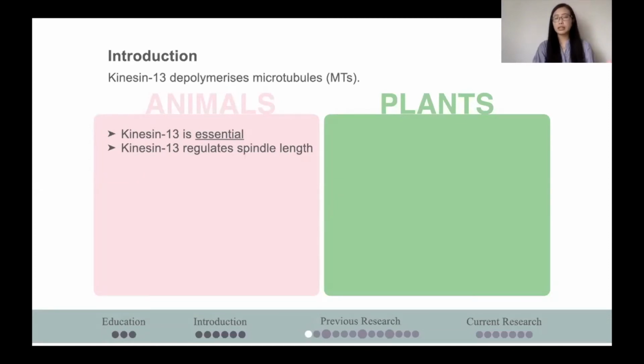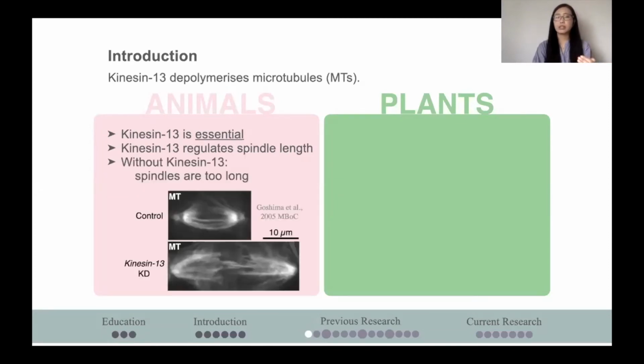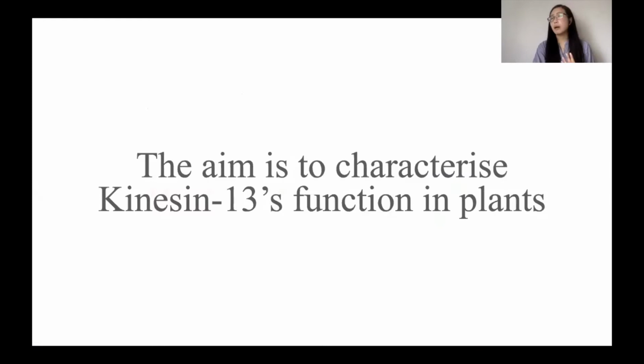They did some experiments where they reduced the amount of kinesin 13 and found that when you reduce the amount of kinesin 13, the spindle becomes excessively long. This super long spindle leads to a number of mitotic defects and causes cell death. But the function of kinesin 13 in plants is not very well known. And so that was the aim of my project at that time, to find out what exactly it does